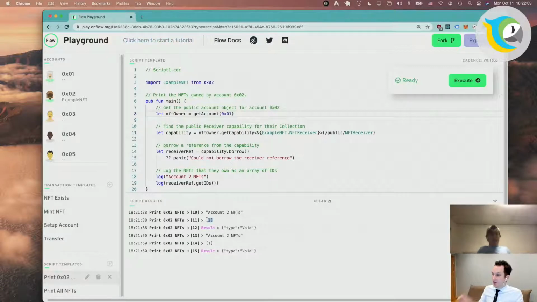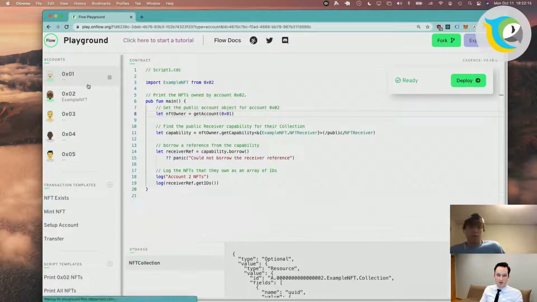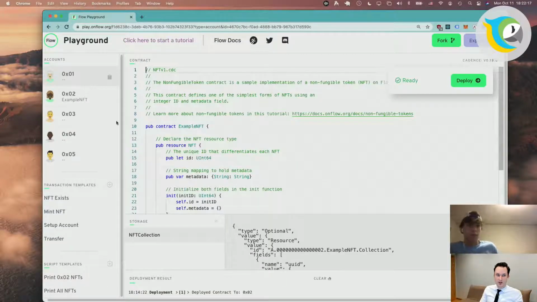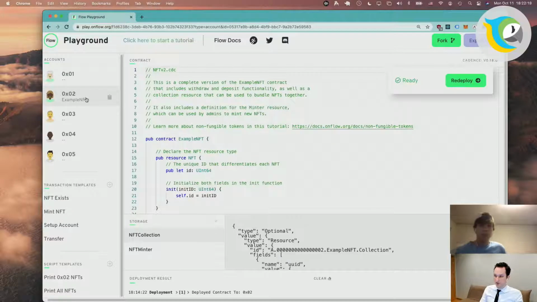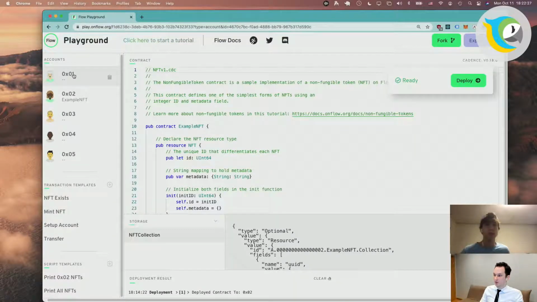now both accounts have an NFT each. And so we leveraged the fact that we set up 01 and we set up 02 with collections. 02 was able to mint some NFTs and then withdraw them and deposit them with the collection. So that's